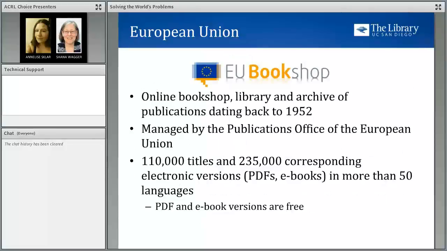So the EU has this online bookshop that's managed by the Publications Office of the European Union, and it is a little bit of a misnomer because it's an archive of full-text documents that are free in electronic version, in PDF and ebook, and it covers more than 50 languages. So it's a really rich resource for finding